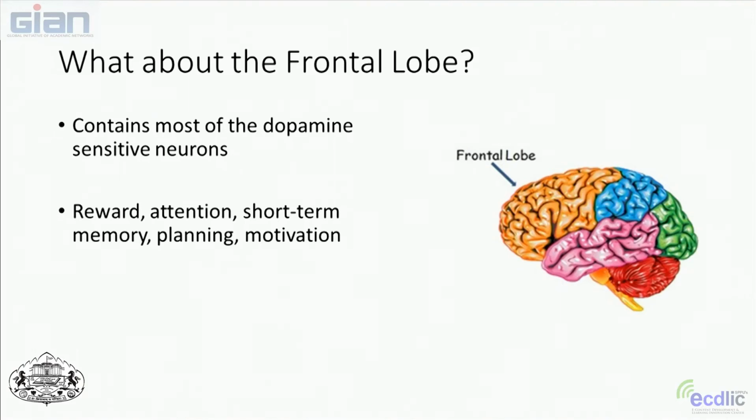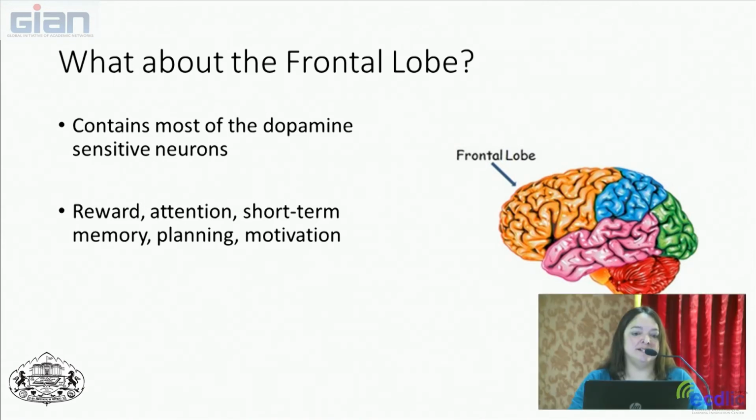Okay, so we've talked a lot about the sensory systems, which live in the parietal, temporal, and occipital lobes, and we've talked a little bit about the frontal lobe, but not a whole lot. The frontal lobe is our more developed system that makes us unique compared to animals, and it contains executive functioning, which is involved in reward, attention, short-term memory, planning, and motivation. And it plays into these other systems. For example, if something you do helps you feel rewarded in your midbrain, then it motivates you to do it again.